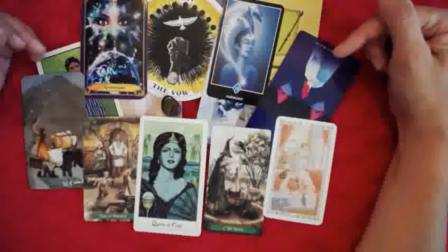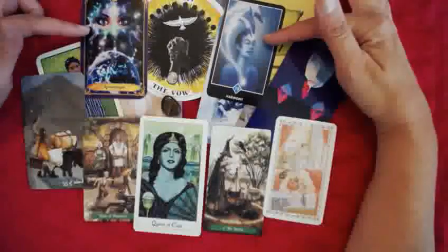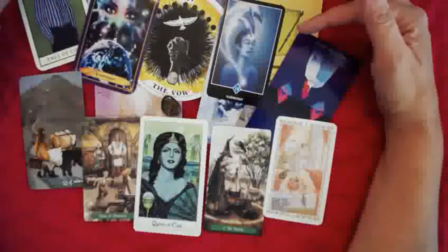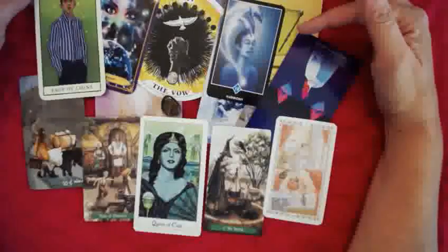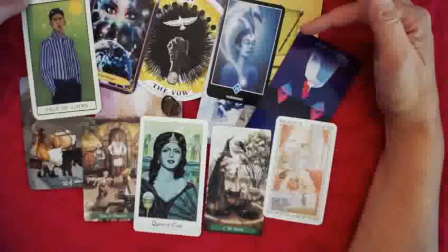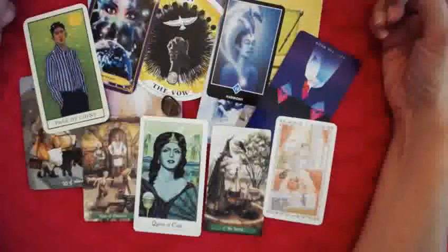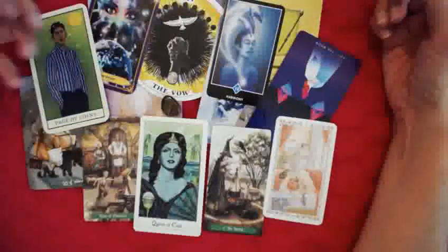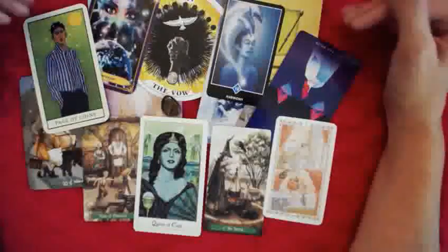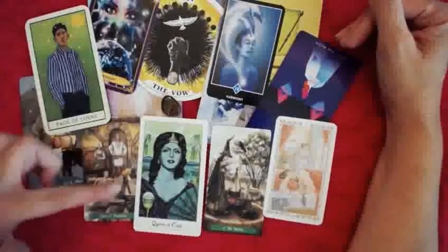But at the same time, I know that you've got this really strong intuition and you're capable of doing this because you've done it before. You can do it again. Now, who this Page of Coins is, I don't know. What is this Page of Coins? Is this news about money? You're waiting for some news about money. There's going to be an issue around the money, and the change is going to lead to a more harmonious situation. It's the best I can come up with for the Nine of Pentacles, because the Nine is usually being really happy about something,